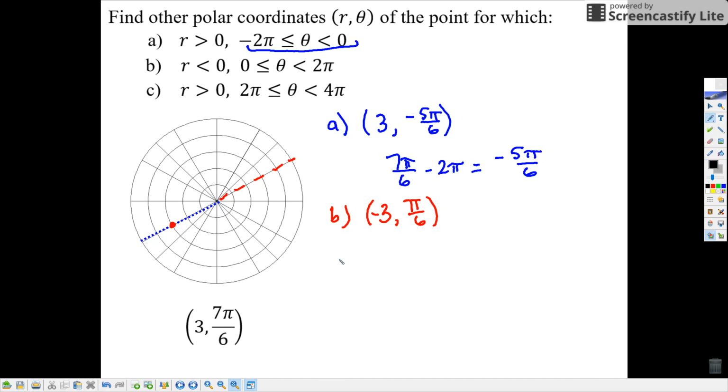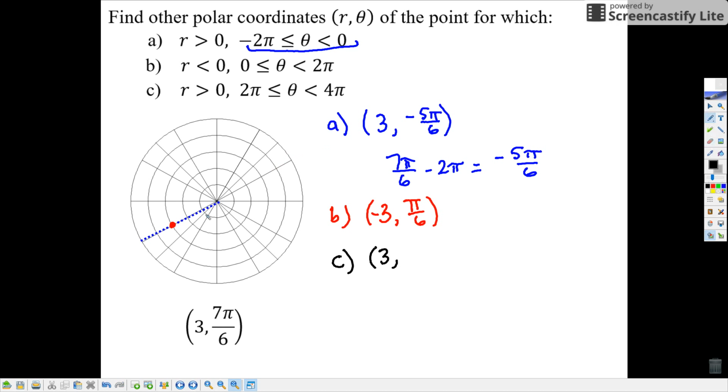Last but not least, I'll switch colors again. We are going to part C. Part C, we want a positive radius again, so positive 3. But this time, we want the angle to be between 2 pi and 4 pi. Now, positive 3 means I still want my coterminal. Oops, that was too much. There we go. I want my angle to be between 2 pi and 4 pi, but this angle will be